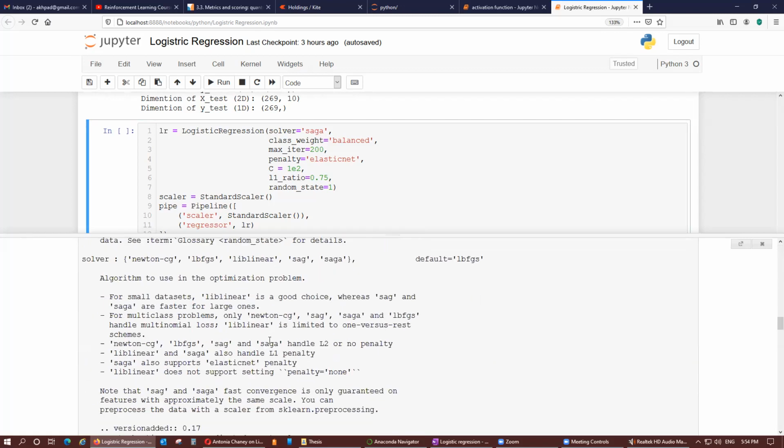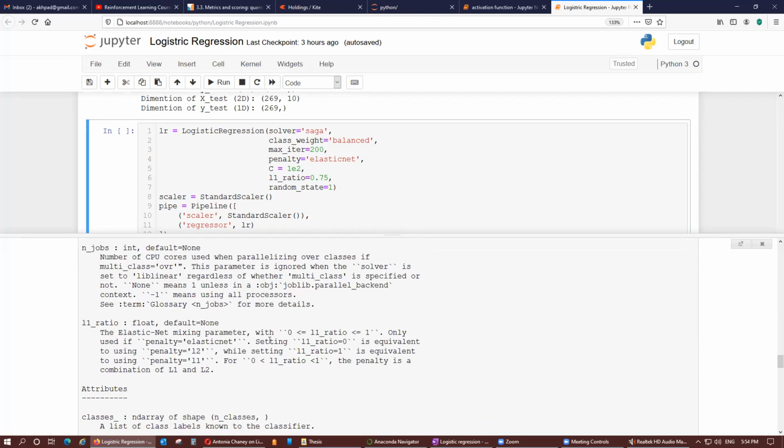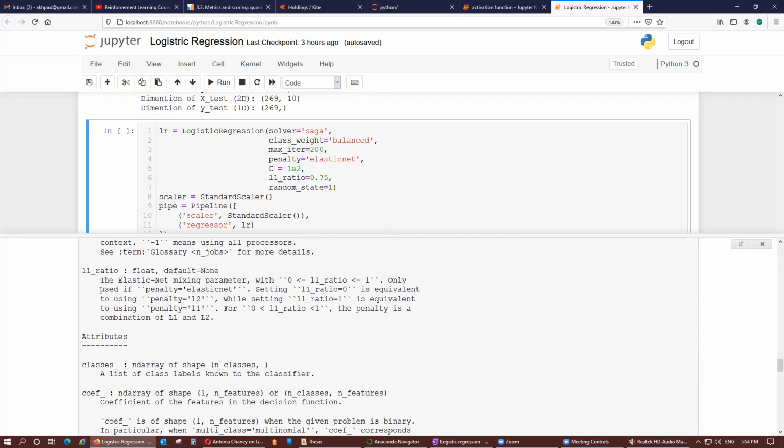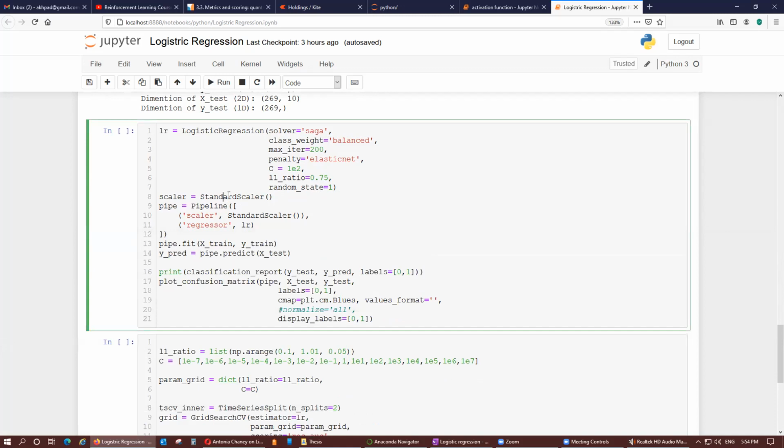So the meaning of this you can find over here. Yeah, L2. This is useful for the elastic net, the elastic net mixing parameter. Okay, so we set all the parameters, and then one more is the standard scaler to scale the variables. Generally, we need it when you have variables in different scales. Here we have just the return, so it may not be required. But for the safer side, let's convert it and encapsulate it all into the pipe.